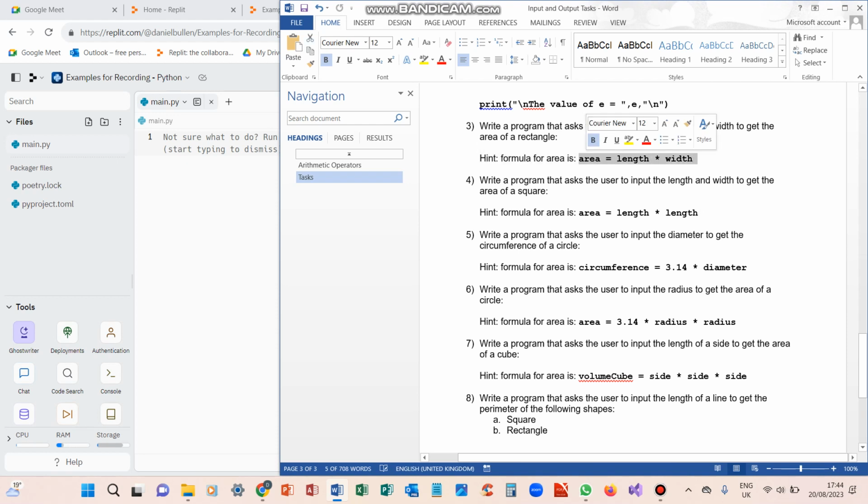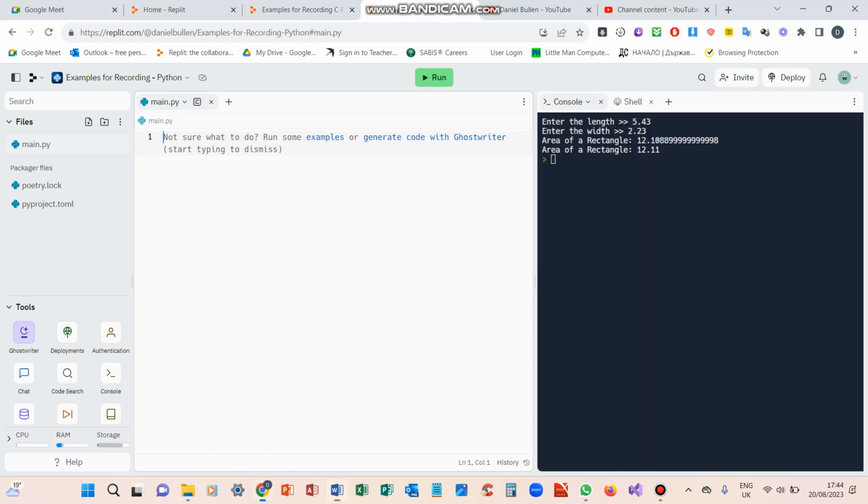So let's take this formula, not this one, sorry, this one. Length times length. The reason for length times length is because a square is a square, all sides are exactly the same. Simple. So what we need to do is create a variable called length